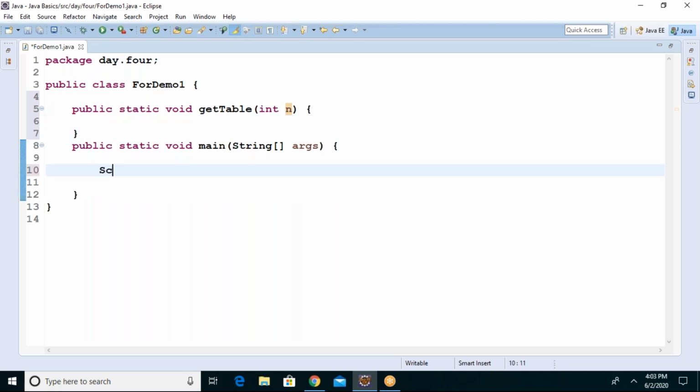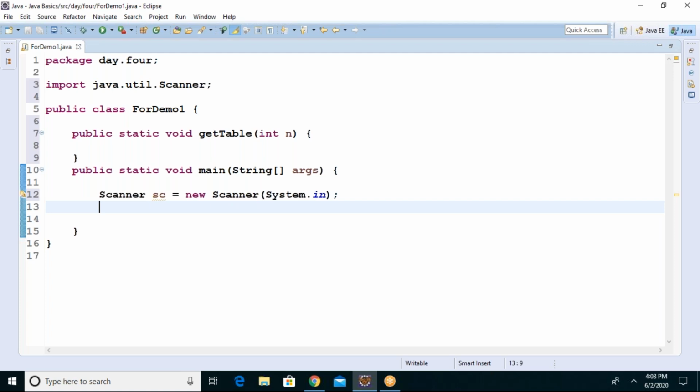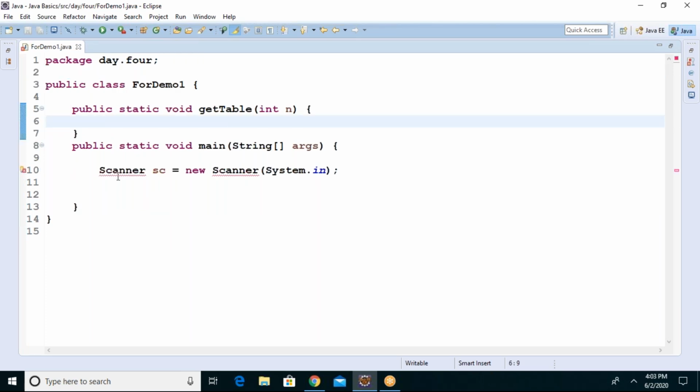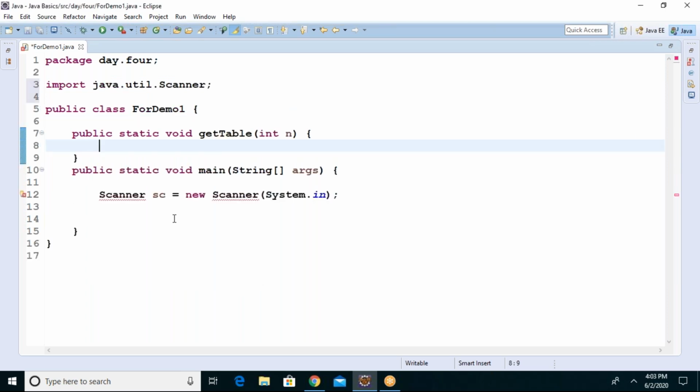Suppose declare Scanner sc equals new Scanner(System.in). Control Shift O, there is a shortcut for importing automatically, guys. There are two ways to import. When you are getting an error, place the cursor and import explicitly like this, or press Control Shift O.